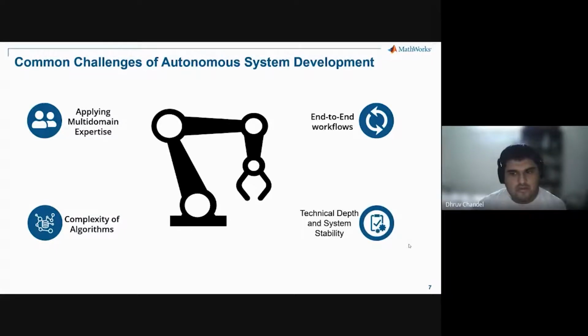And we need both a certain level of technical depth and a certain level of system stability. Because if robots are going to be actually useful, they'll have to work alongside humans in the real world. So we have to make sure that systems are reliable and that they can work alongside us without causing harm. Okay, so these are a few of the challenges of autonomous systems development.